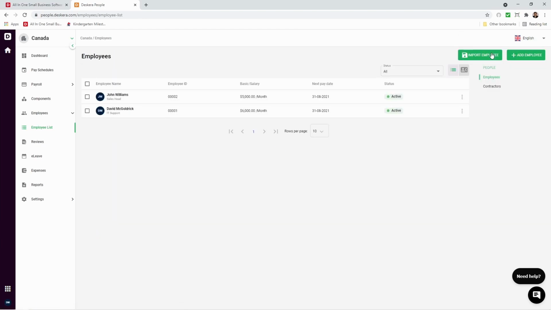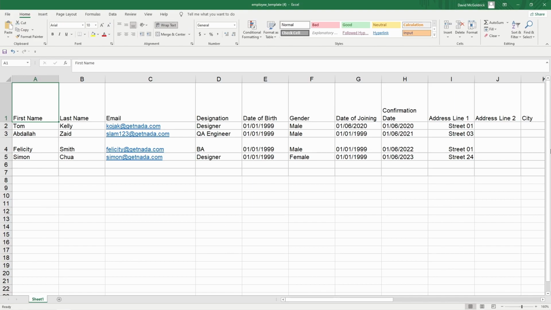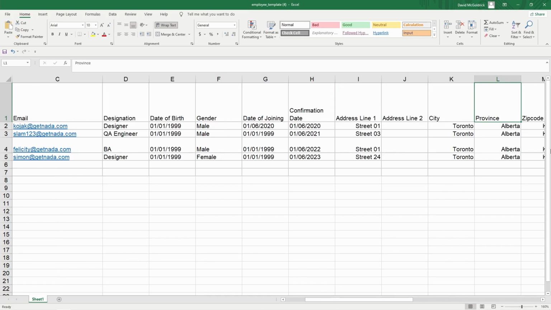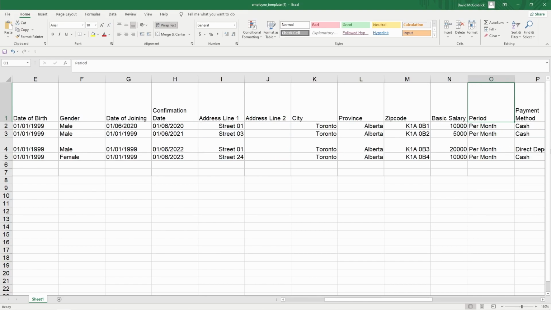Next, we can click Import Employee, and we can download the sample file. Now we're inside the employee template. Inside here, you can input the first name, last name, the email, designation, date of birth, gender, date of joining, confirmation, and their address. You can also input their basic salary, their period, is it per month, per year, per hour,